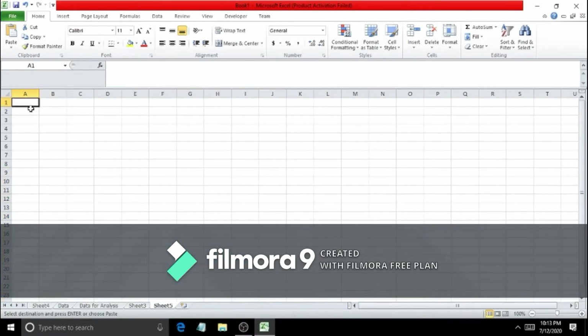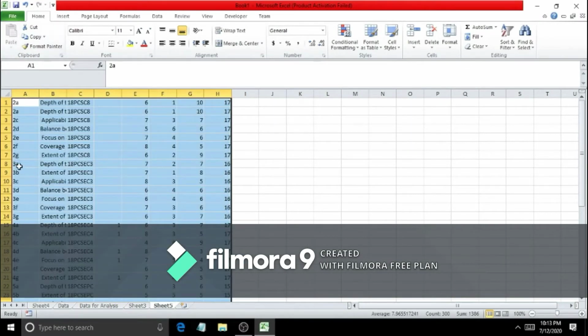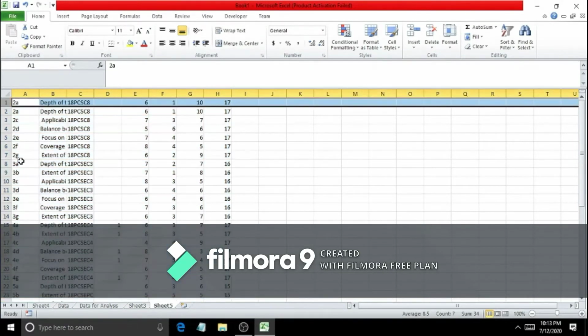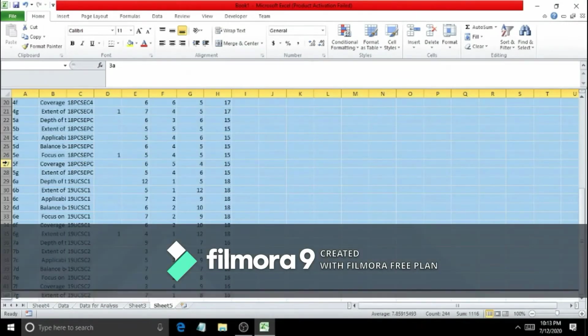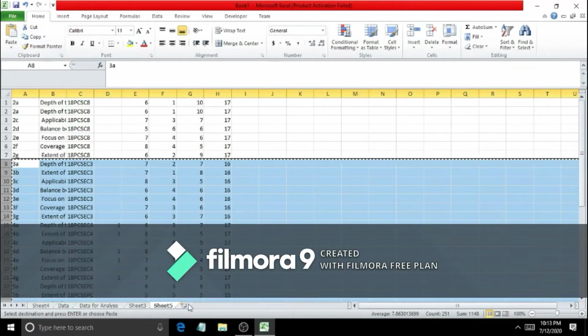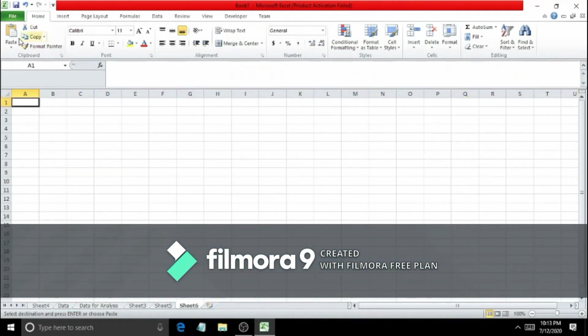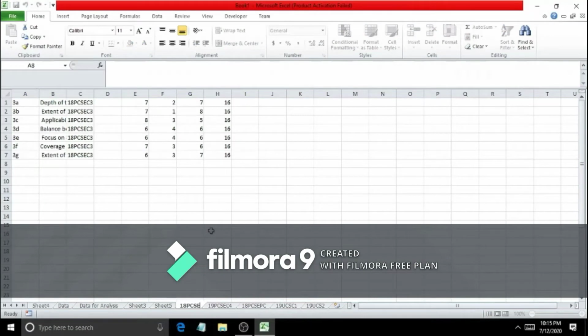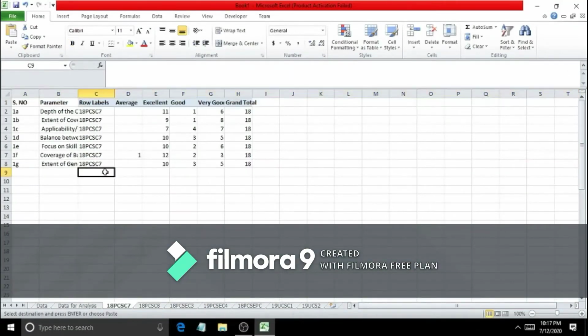In the same manner, you leave the first paper code here and select the rest of the papers, cut from this sheet and paste to the next sheet. By doing this cut and paste, I split the whole table into separate sheets and rename each sheet with its paper code.